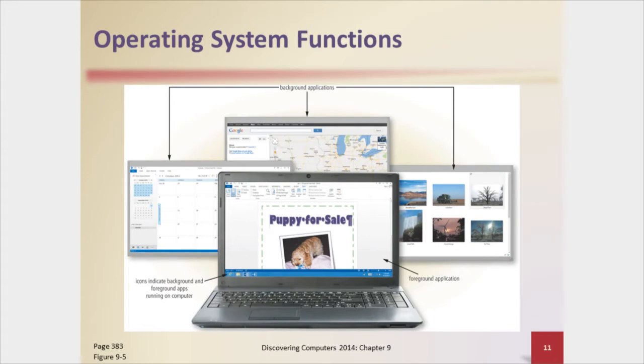So here's a graphical representation of background and foreground applications. You may be working on this graphic here in this front window, but you may have other windows open in the background that you might have been doing things on. If we were in a single user environment where you could only work on a single task at a time, and you needed to switch over to the calendar, for example, to look up a date to put in here,